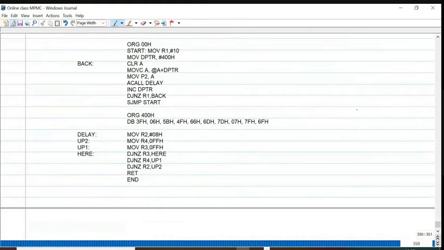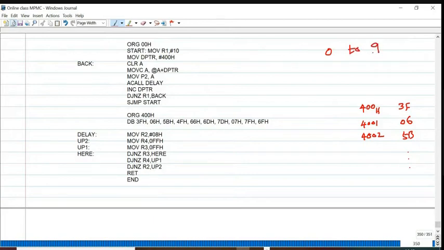So this is my lookup table. In this example, I am defining my lookup table starting address as 400H. In 4000, 3F. In 4001, 06. In 4002, 5B, and so on, for 0, 1, 2, 3, 4, 5, 6, 7, 8, 9. So I have written the program to display 0 to 9.